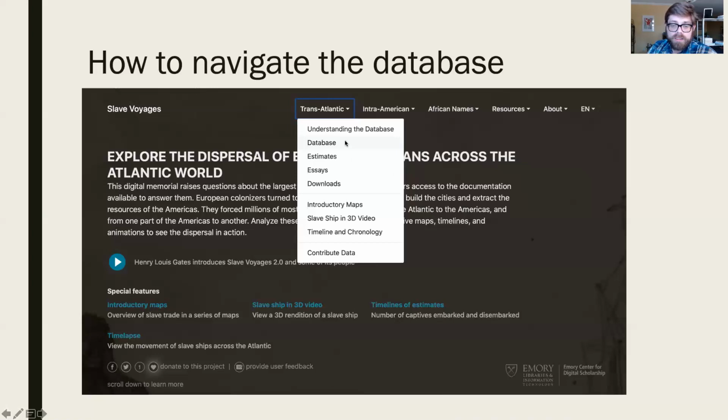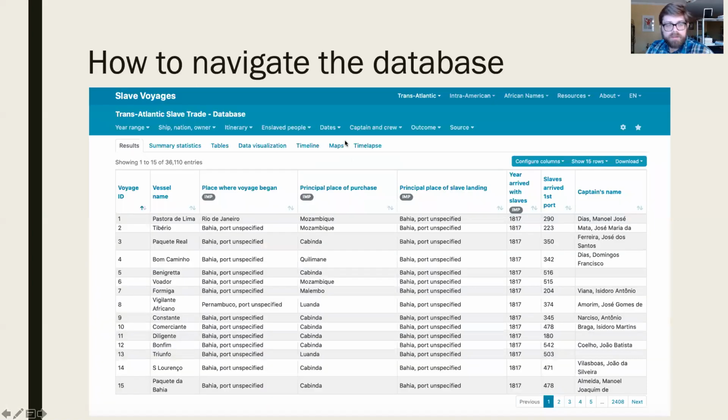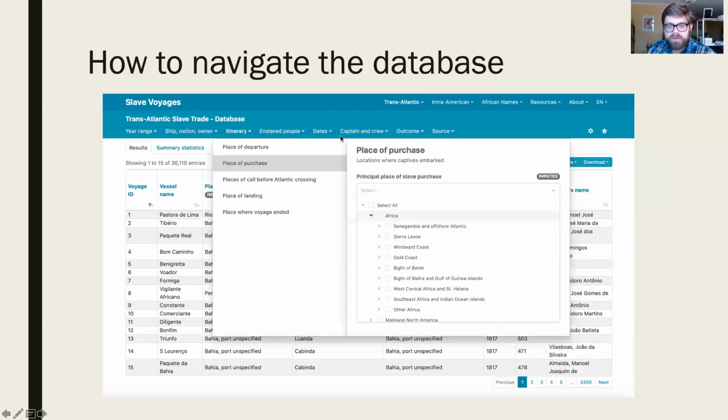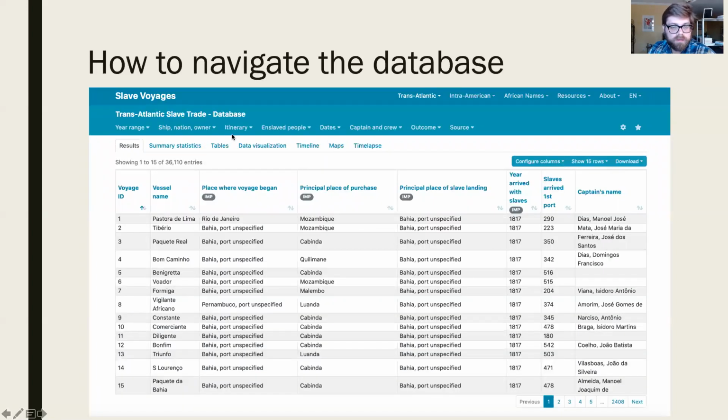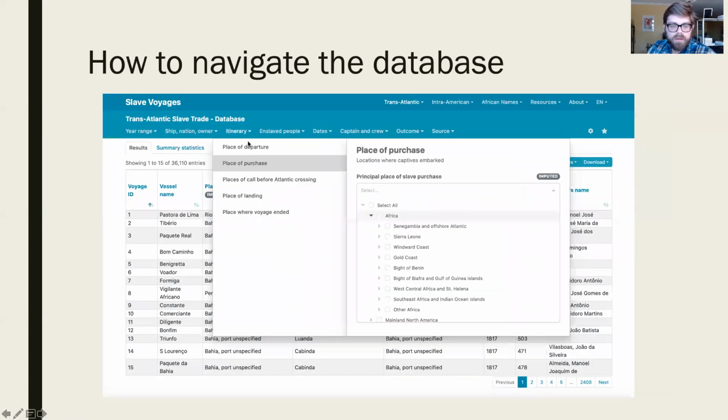Anyway, you'll click on database. It'll take you here to this maybe overwhelming landing page. And basically how this thing works is all of these tabs here, when you click on them, they'll give you a bunch of fields, right? So if I clicked on here, like itinerary, it would show up here, place of departure, purchase, etc. And then it would give me all of these options, right? If I want to search for all voyages